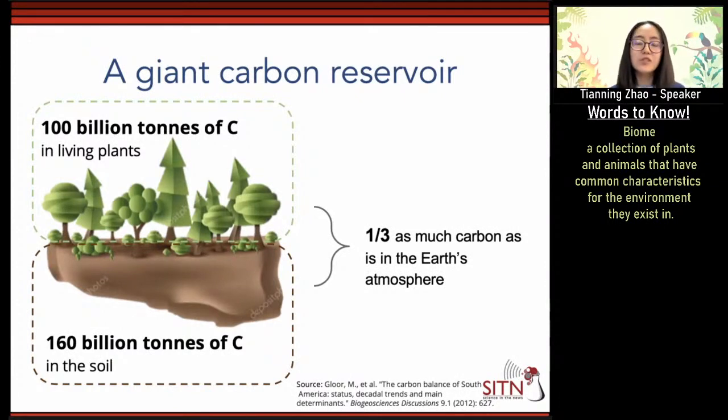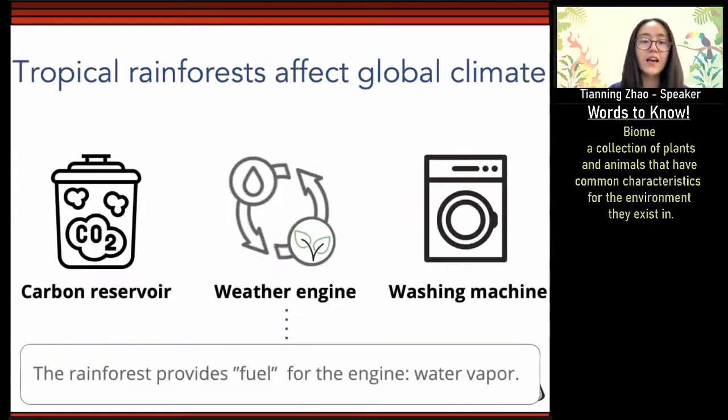So given the magnitude of this carbon reservoir, it is clear that the tropical forest in general, and the Amazon rainforest in particular, of course, because it's the biggest, have the potential to play an important role in climate change because of their potential to gain or lose large amounts of carbon as a result of land use or climate change or other reasons. So it's a giant carbon reservoir that we cannot risk leaking. That's enough about the carbon reservoir, and now let's move on to the weather engine. This is my favorite part, actually.